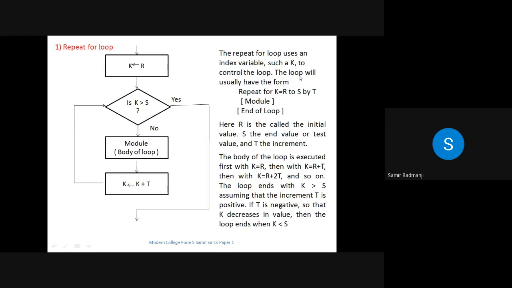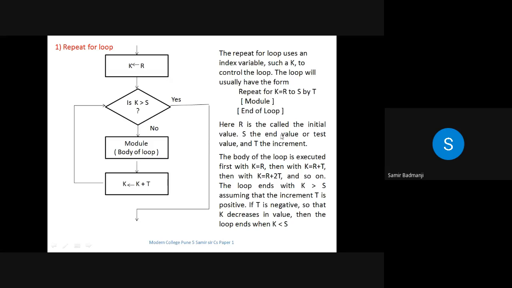So that means k is what? The initializing variable. You can initialize it to 0 or 1 according to the situation. The loop will usually have the form k is equal to r to s by t. R to s what? R is the first value, s is the last value by t. T means what? T is nothing but the increment. Okay. And the module end of the loop.